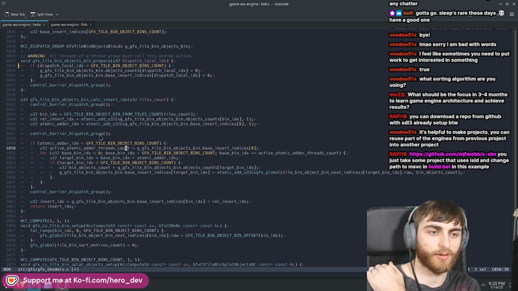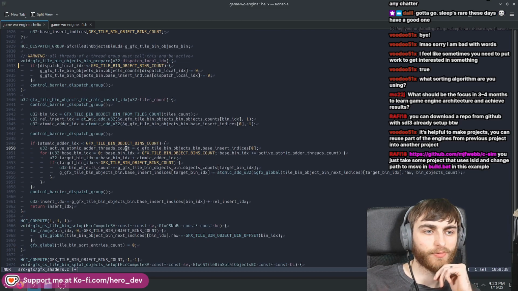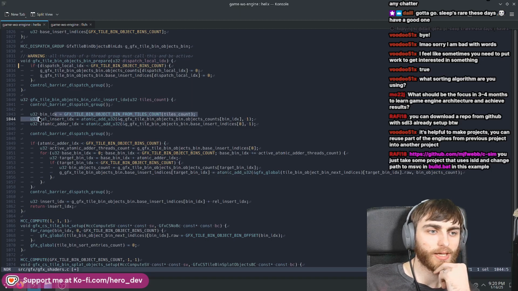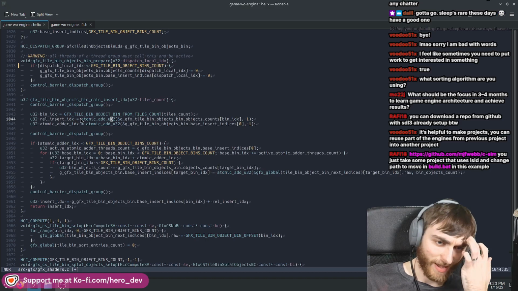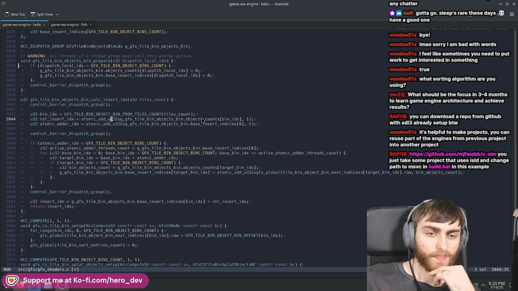Right, so all the threads that come into here across all the thread groups come into here and get their bin index. Each thread's doing this. And then doing an atomic add, getting its relative insert index. And then